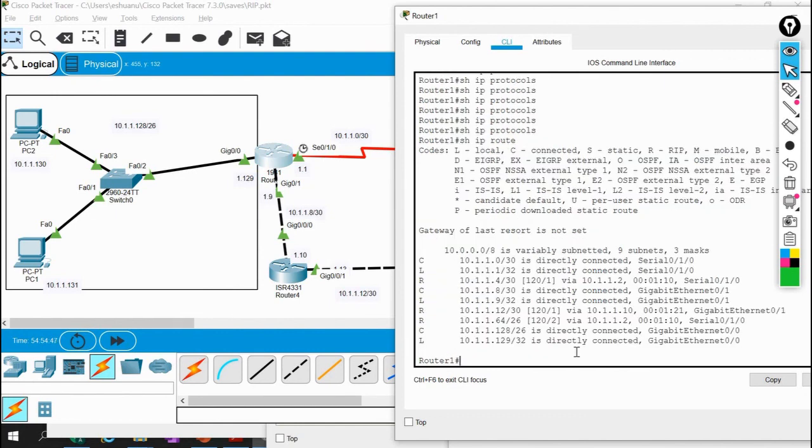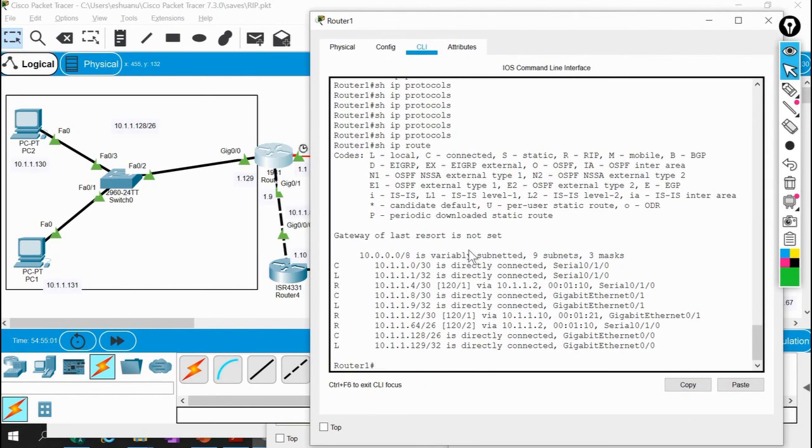It is receiving the routes, but I don't know why it is not running that command show IP protocols, because Packet Tracer also has some limited functionality, because this is just a simulator. It is not an actual router, right? So it looks like something is wrong with that one.